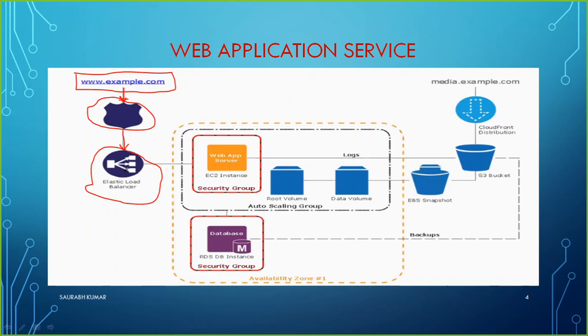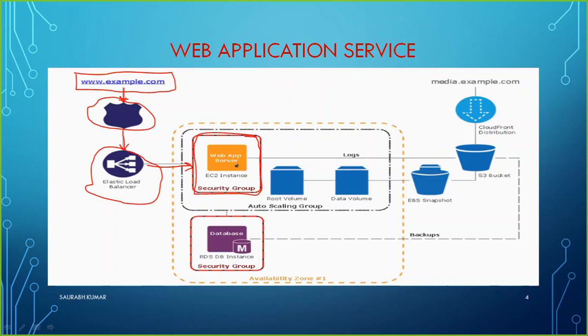Why do we use an elastic load balancer? Because maybe that site is running on multiple instances, so to do the load balancing, we use the ELB. Now this request will be sent to any of the EC2 instances which is running that web server, web app. Here you see this instance is secured with a security group, because if you remember, we create security groups to protect our EC2 instances. So in this security group, what do you think? What ports are generally going to be enabled or allowed?